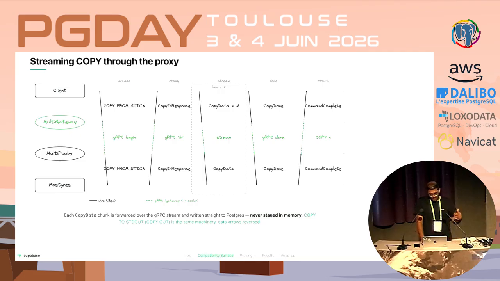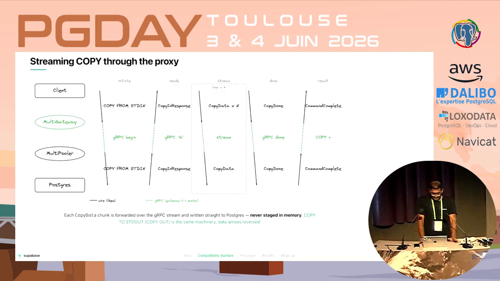So we have a copy entering phase and then the streaming data phase and done or failed, all the stages of the state machine. And the bytes flow straight through both the hops as they arrive from the client to the gateway over the wire. They go from the pooler over gRPC and then from pooler to Postgres over the wire again, with nothing ever completely staged in memory. On the diagram, you can see that the loop in the middle, that's the copy data phase, repeating for as many chunks as it takes. And then the client cleanly exits.